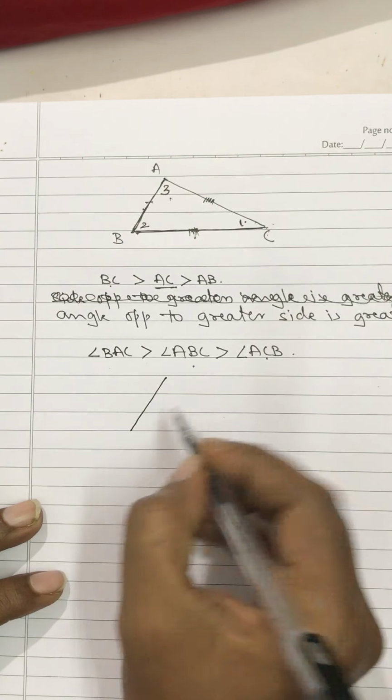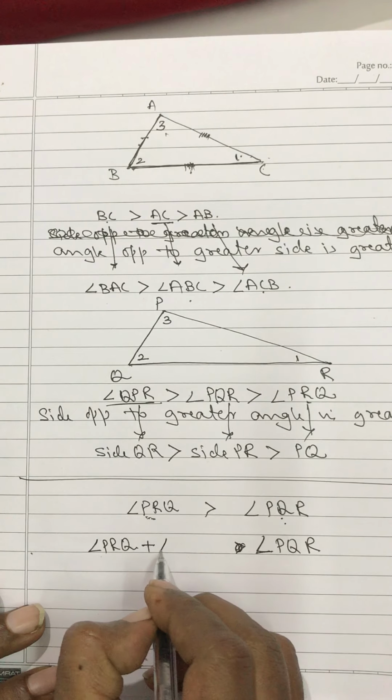Supposing I have got angle PRQ is greater than angle PQR. This one is greater than this one. Okay. And then what will happen? If supposing angle PRQ and angle PQR, PRQ is greater, PQR is smaller. If supposing I add here angle